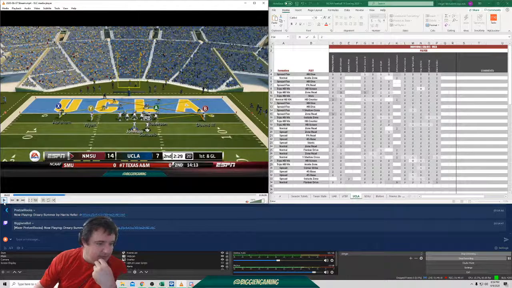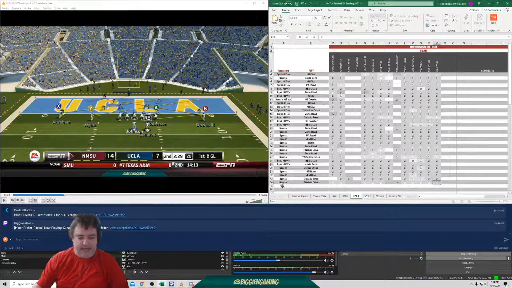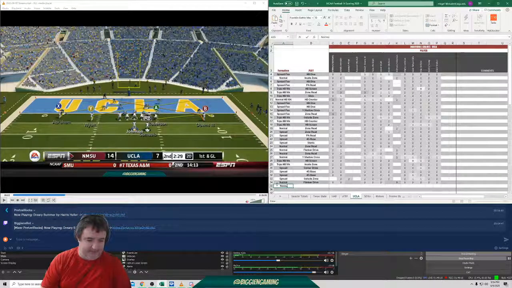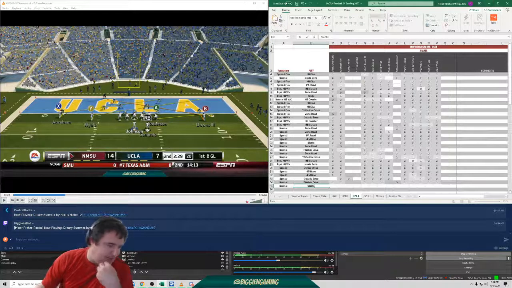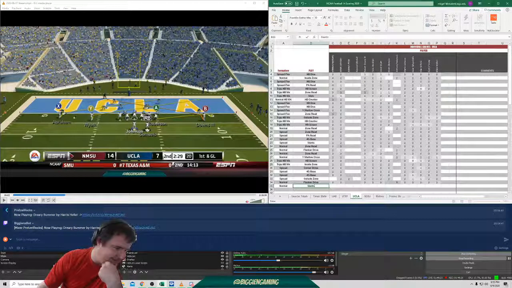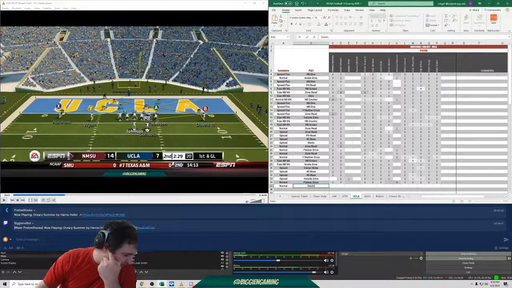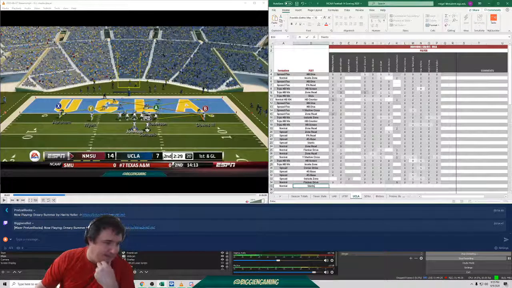So now we come out in normal again. I'm going to run slants. Now, technically, they're in a two high look. Two high look, it's better to run the double slants. And later on, I totally get caught. They fool me and I totally biff it, and I throw a pick in the end zone because I didn't read the safeties. I assumed they were rotating to one high. If they rotate to one high, I'm going to work the slant arrow. That's better against one high. Two high, it's better to run double slants.